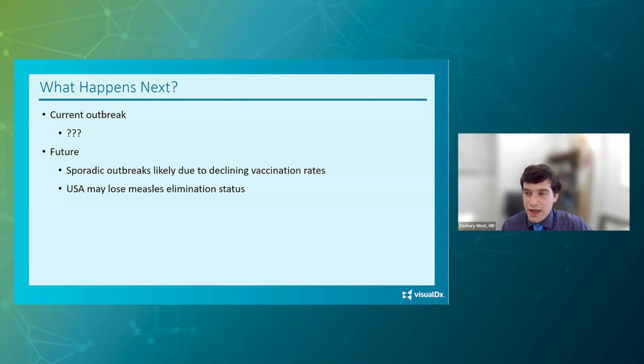Because the vaccination rates are still high enough in this country, we're not going to see a really gigantic outbreak, nothing like the number of cases we saw with COVID-19. But we can continue to see propagation and spread and finding new pockets of under-vaccinated communities, which could eventually lead to continued sporadic measles outbreaks, endemic transmission, and eventually the U.S. might lose its measles elimination status. If that's the case, then we have to be ready for measles to sort of just be with us and be in our differential going forward.